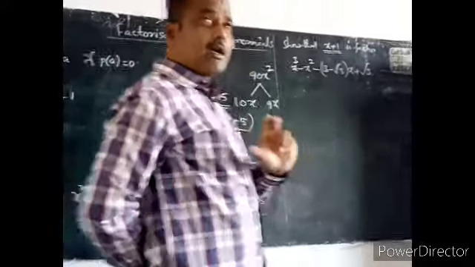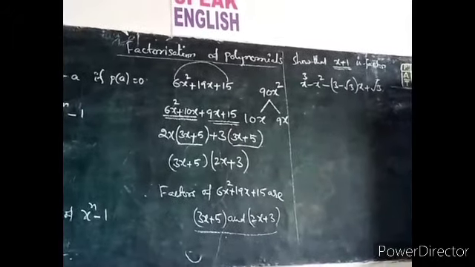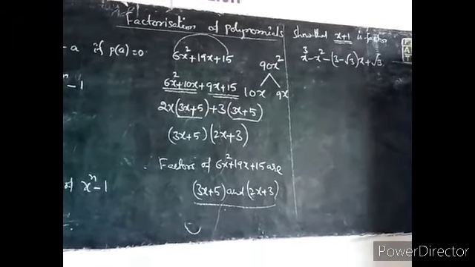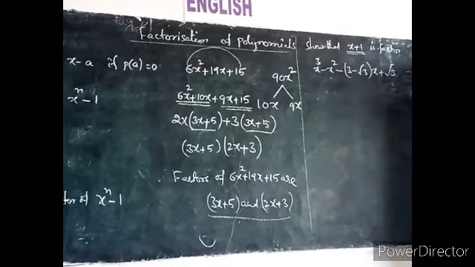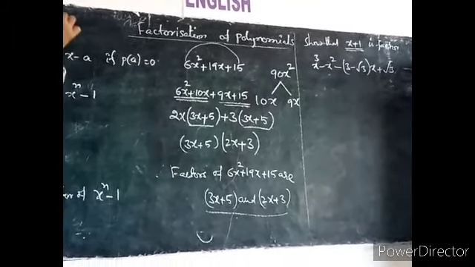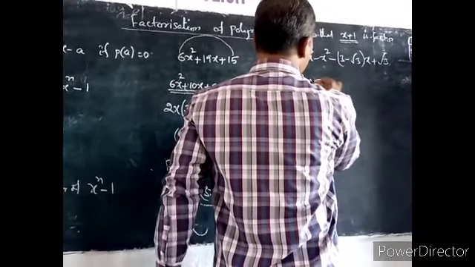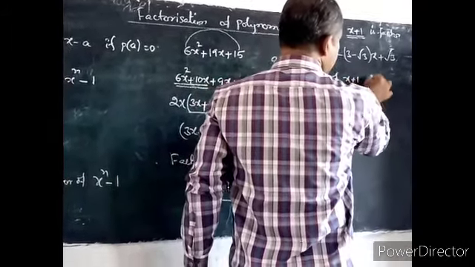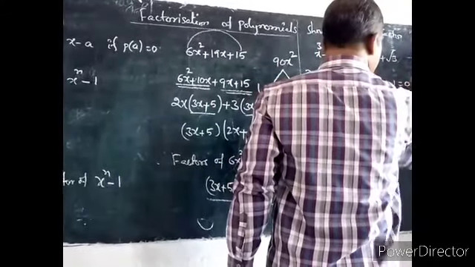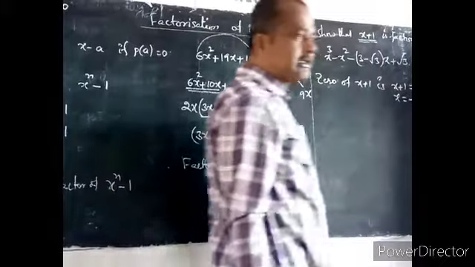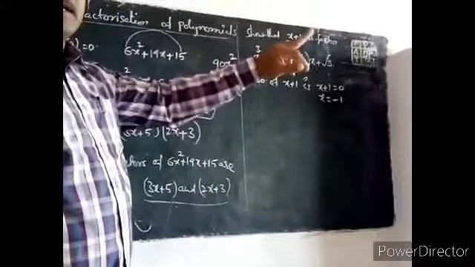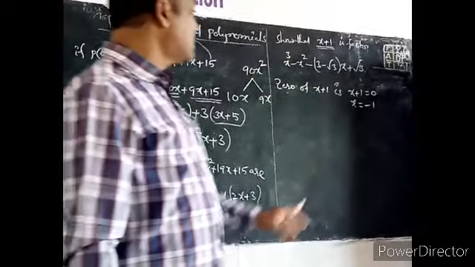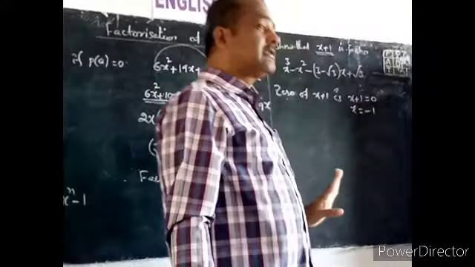If there is any confusion, then you should write 0 of the divisor. This is 0 of the divisor. What is it? Now 0 of x plus 1: x plus 1 is equal to 0, which implies x is equal to minus 1. x is equal to minus 1. While we are transposing, plus becomes minus and minus becomes plus. So that's why here x is equal to minus 1.